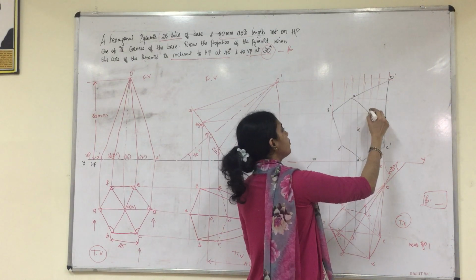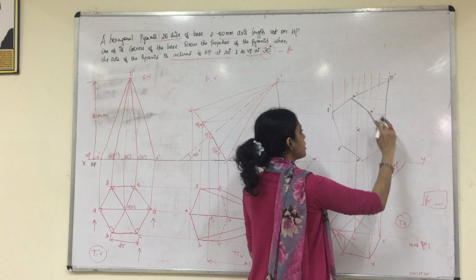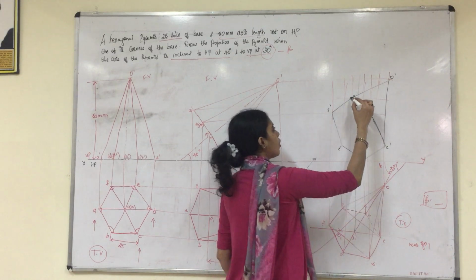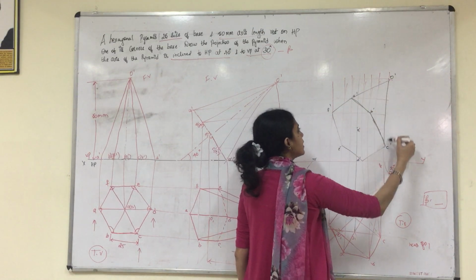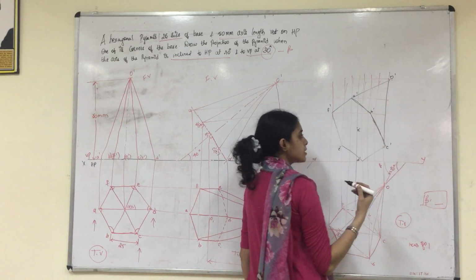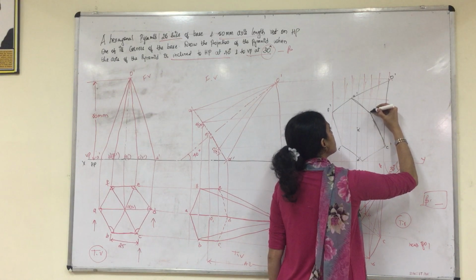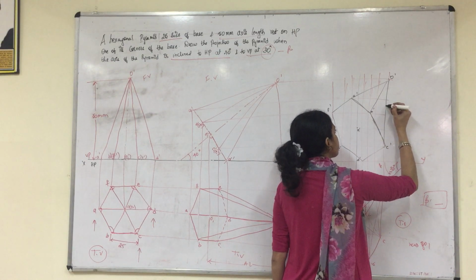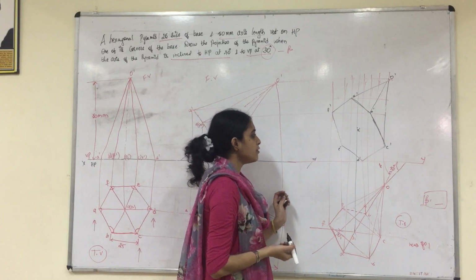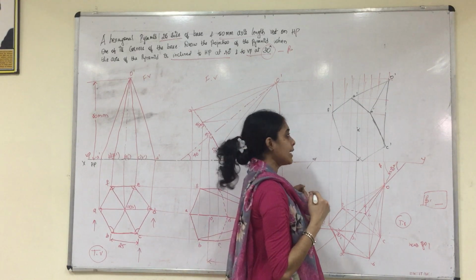So once this is done, I told you that from the corners of the outer surface, the projections will be continuous thick lines. So we have joined from the corner, A dash to O dash is joined, C dash to O dash is joined. We are left with B dash to O dash, which is the corner passing through the outer surface. So that will be visible. So you will join it.